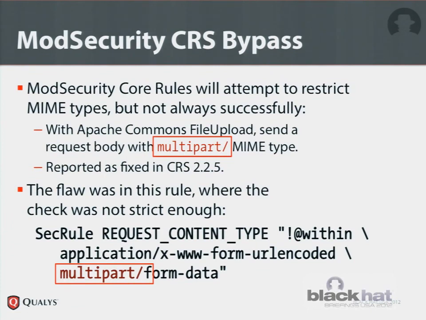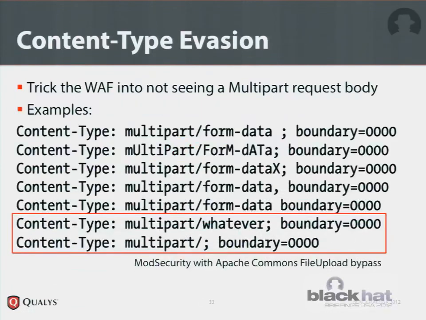So of course, we have a number of these issues. Multipart evasion is quite complex, and there isn't enough time in this talk to cover all individual cases. I have about 37 cases that I'm releasing on GitHub. So what I'm going to do instead is cover types and blocks of evasion cases. This first example is when you're trying to fool the web application firewall into not seeing the MIME type.